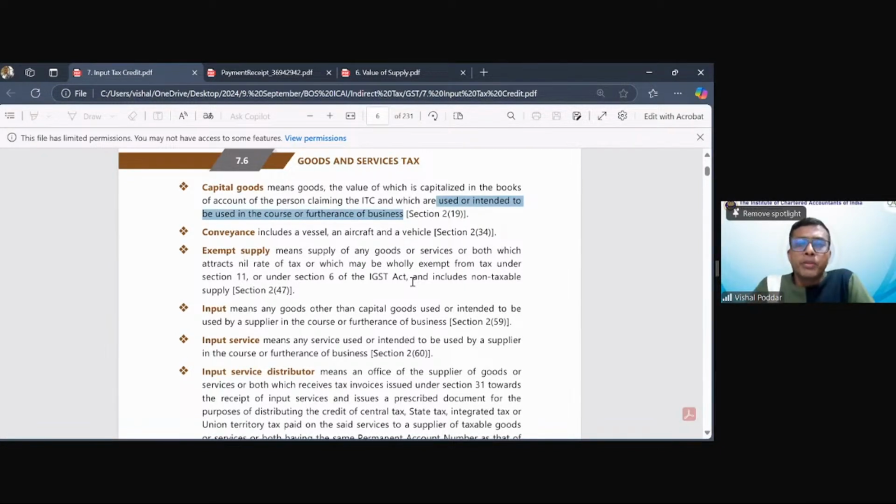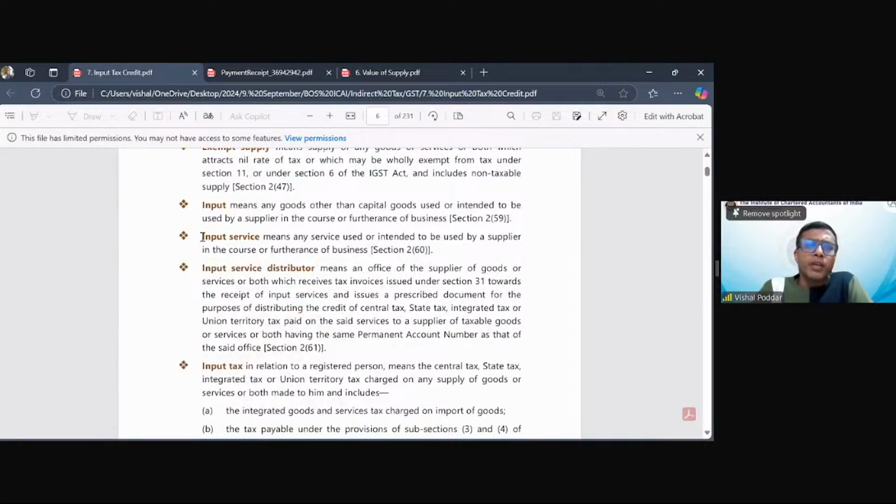See, many times what happens? Sir, what is the reason for excluding that software item? What is the reason? Excluded, beta. It is falling here. Oh, it is covered. Oh, okay, okay.